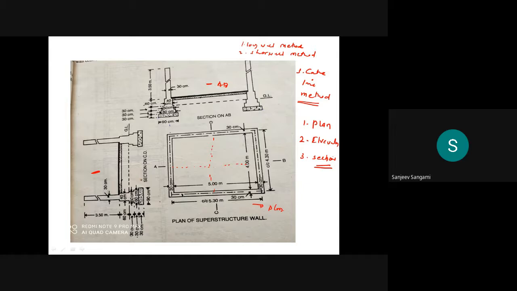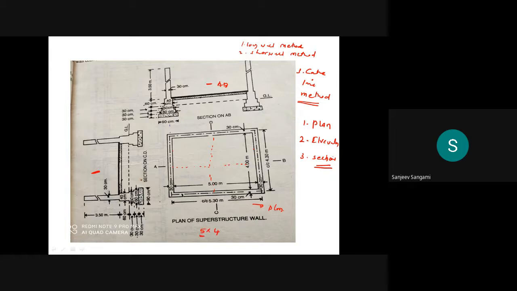So here, first, what are the things that are given? Just note it down first. The plan is given. The plan inner to inner, how much have they given? We'll discuss the long wall method and short wall method within 1 or 2 minutes, but before that, observe the dimensions first. From here to here, you can see this is the long wall, that is 5 meters, and 4 meters is your short wall. The dimensions are given from inner to inner, that is 5 by 4.